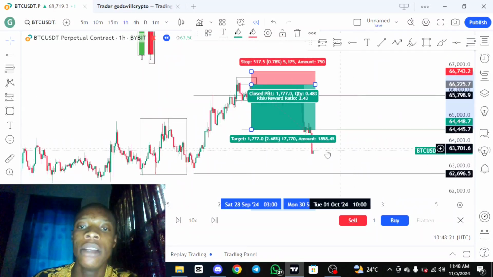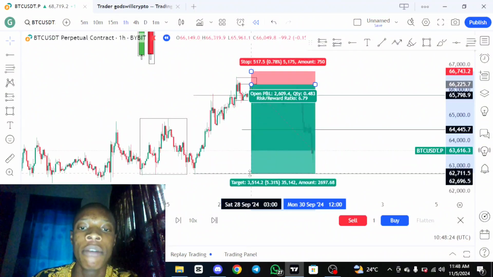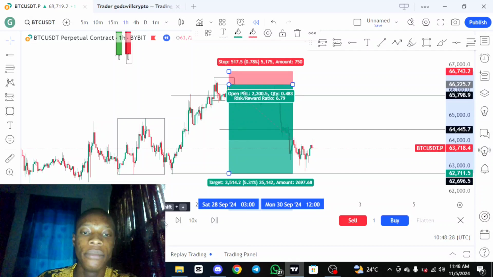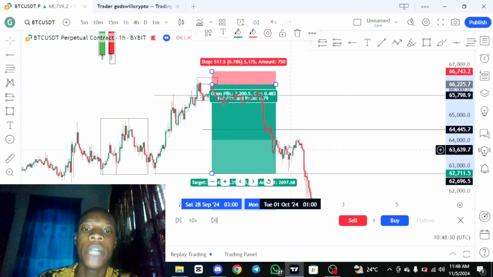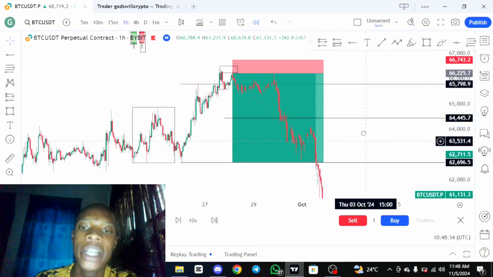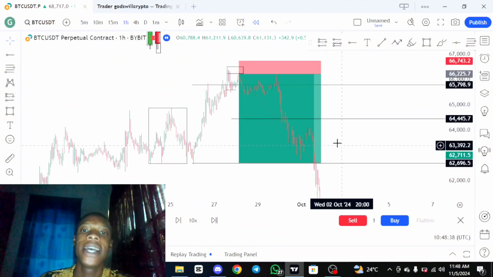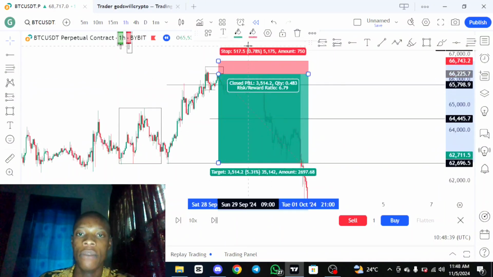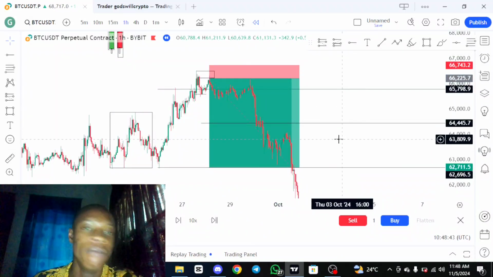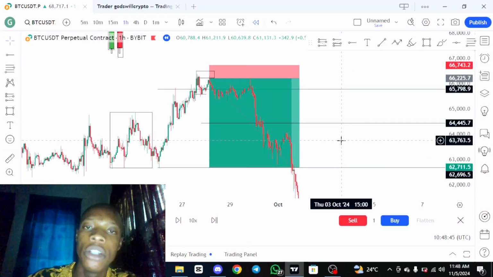So let's zoom in. My previous day low is my full take profit. Right, let's see how the trade is going to play out. Now let's see. The trade is still consolidating, and boom, now full TP has been smashed with a 1:8 risk to reward ratio. You can see this clearly for yourself, right? A 1:8 risk to reward ratio now, and full TP smashed. Very simple and easy. Now follow the rules I've given you.